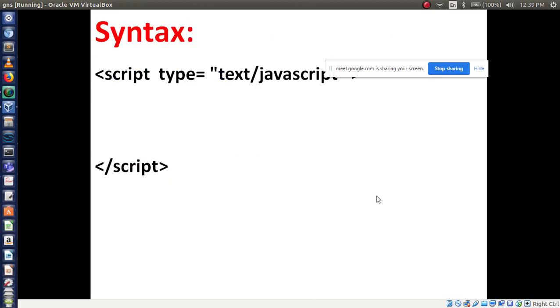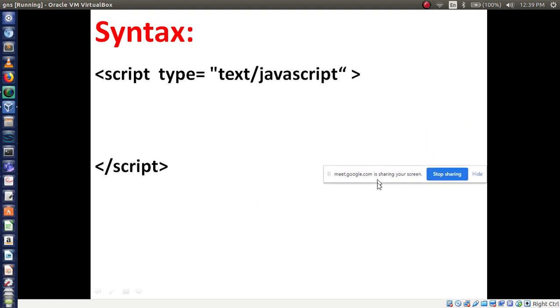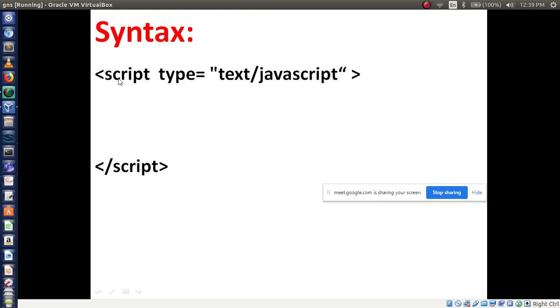So how do we write the syntax to use JavaScript? Very simple logic. In CSS we use the style tag, with type equal to text/css, as you have written in previous examples, right? For JavaScript, you have to use the keyword script followed by type equal to text/javascript.